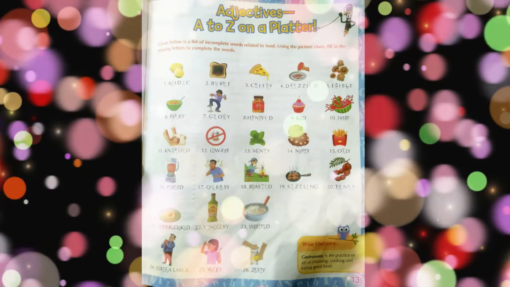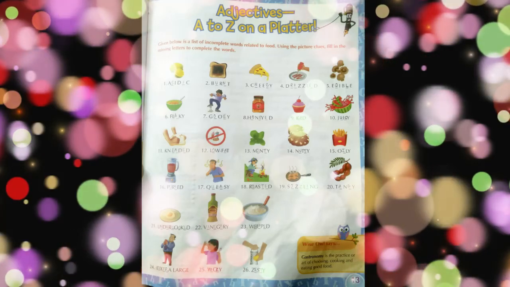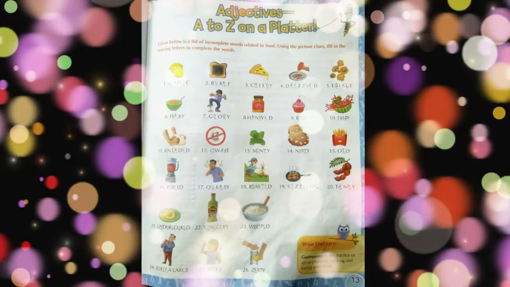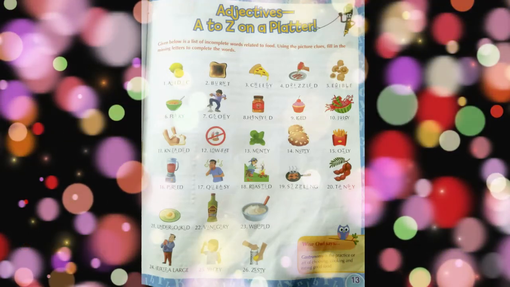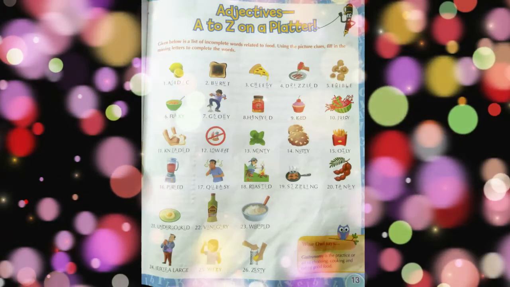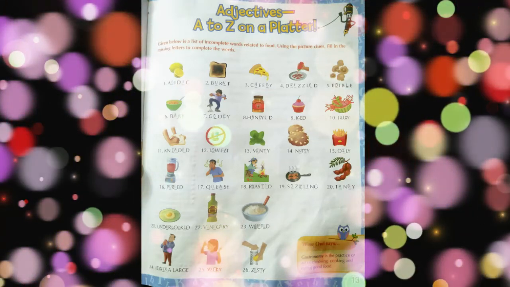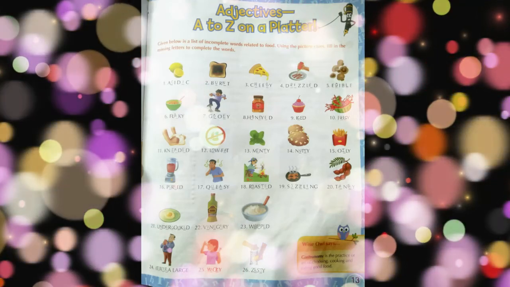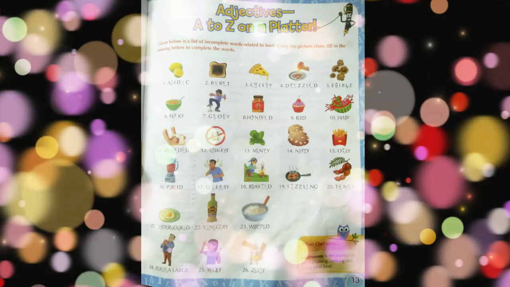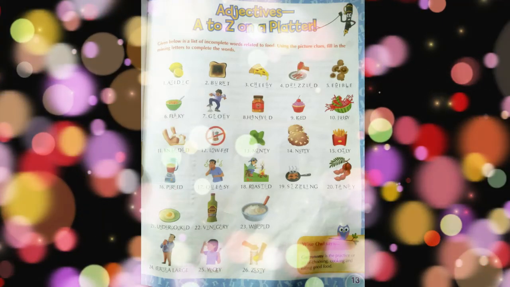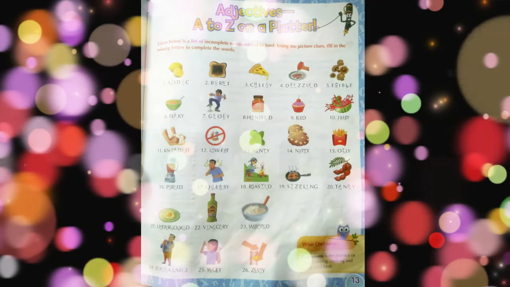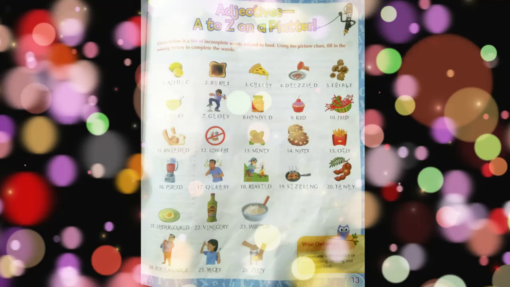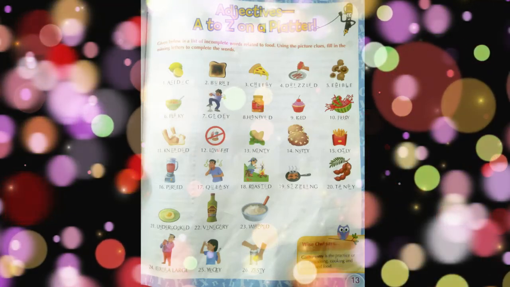The fourth one, D dash dash Z Z L dash D. That's drizzled. D-R-I-Z-Z-L-E-D, drizzled. Next one, there's a mushroom that is eatable. E dash I B dash E. That's edible. E D I B L E, edible. Sixth one, F L A K Y, flaky.